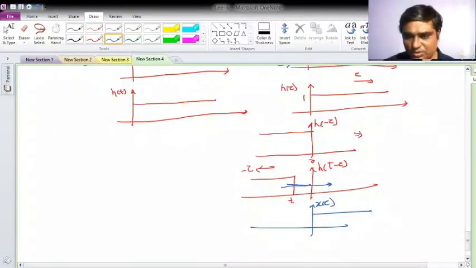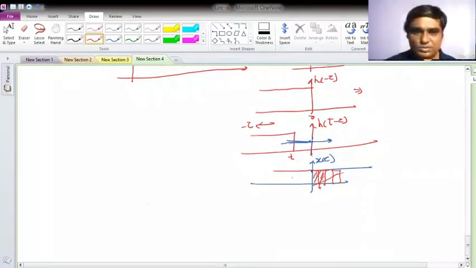Your y of t, or the overlapping area, is 0, but when it crosses this point, say this is my h of t, I am shifting this way. Now if it is crossing, what is happening? The overlapping area is this, right? 0 to t. Again if I am shifting, the overlapping area is this. So what happened is that it is increasing linearly. That also you can find out: for t greater than or equal to 0, because it is 0, once t is greater than or equal to 0, your overlapping area starts. But when t is less than 0, the overlapping is 0. So y of t is 0.